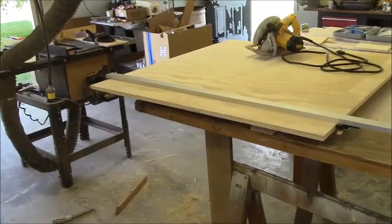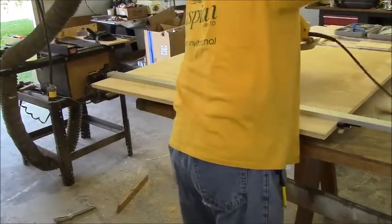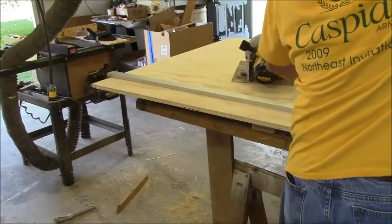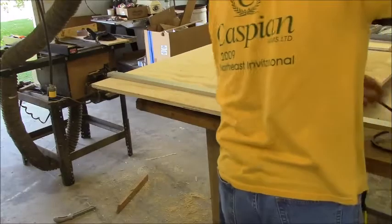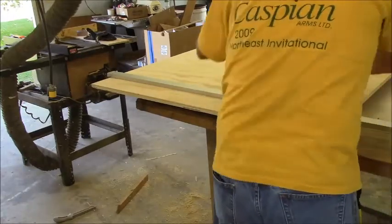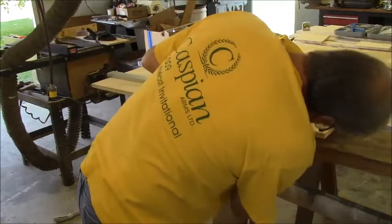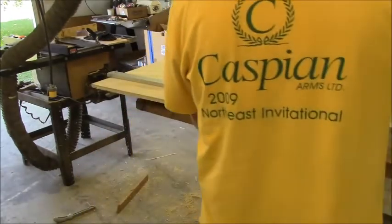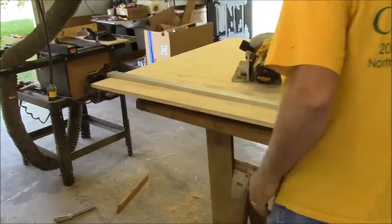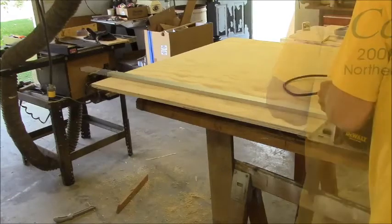All right. Got to rip the little edge off this to get down to my working square size that I need. I go there and that there. And I'll do the same thing. Make sure the cut is going to be just short of the wood. I really don't care if this falls on the floor. All right. Cut my